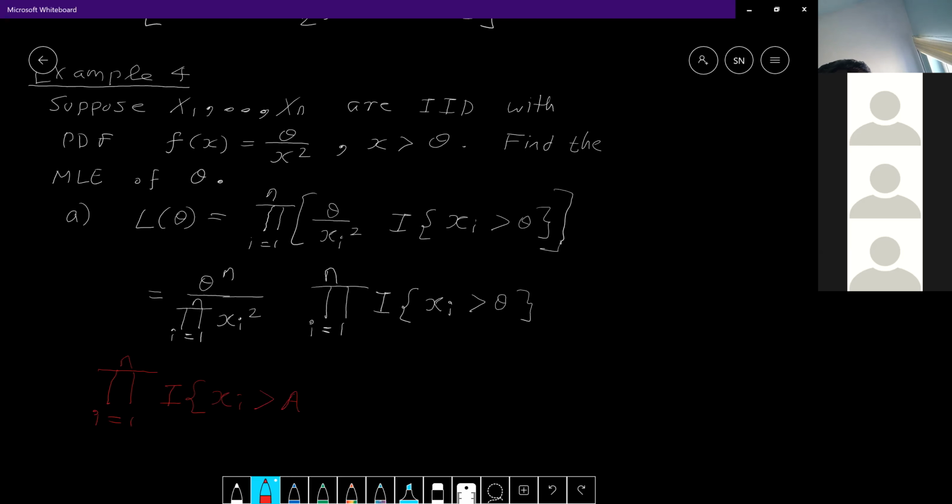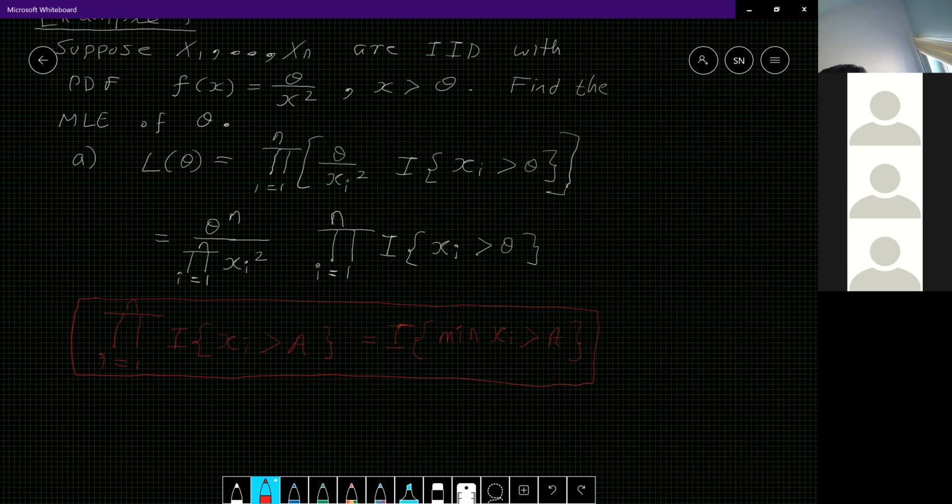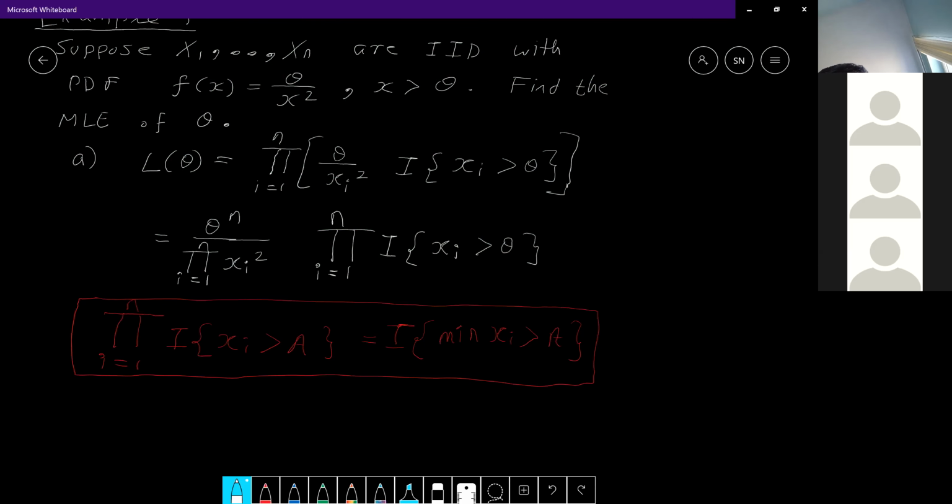This is the same as saying the indicator function of the minimum of xi is greater than a. In fact, it's easy to prove all this. So if you use this, you can simplify the above to